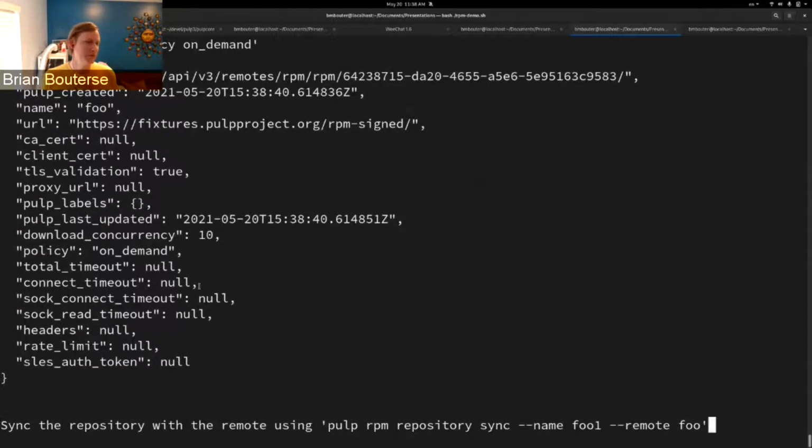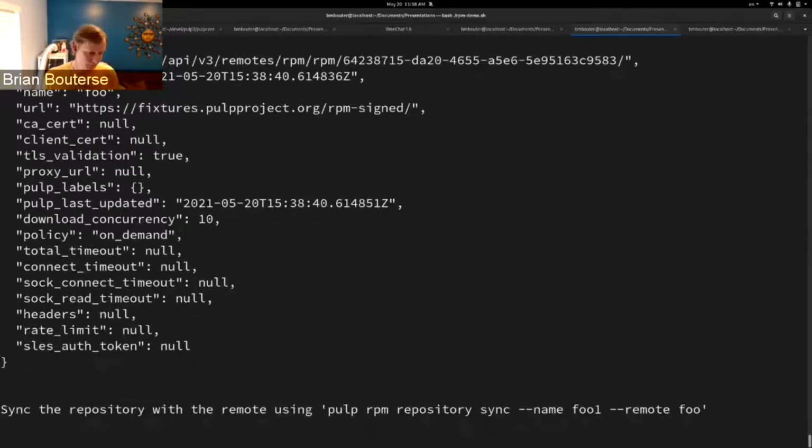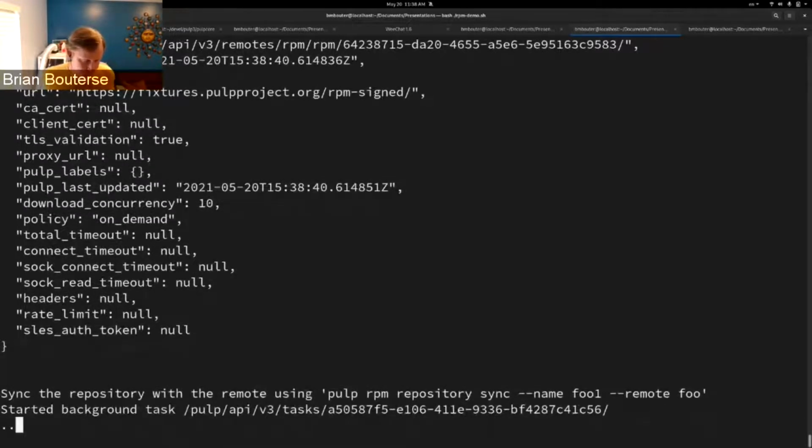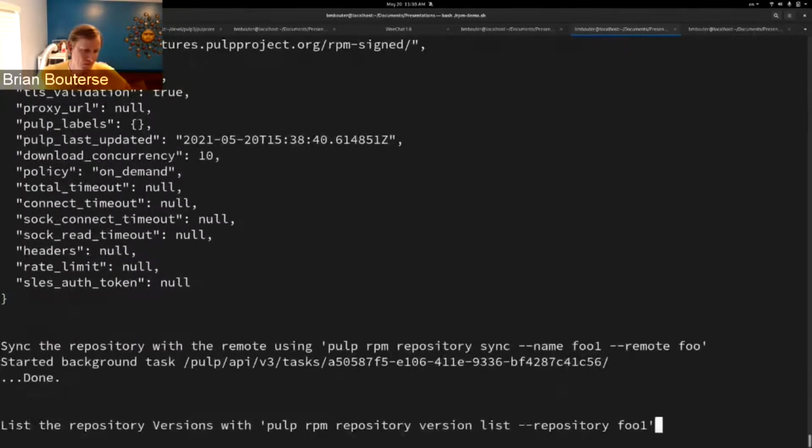So all we did was create the remote. We didn't actually perform any syncing. So why don't we go ahead and perform syncing? So we'll say repository sync. We're going to sync the repository named foo1. We made this earlier. And the remote is foo, the one that we just made. Here goes the sync. And now we'll list the repository versions